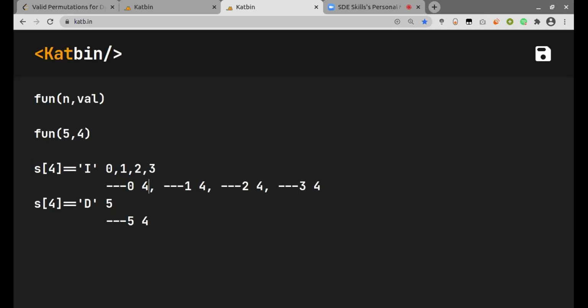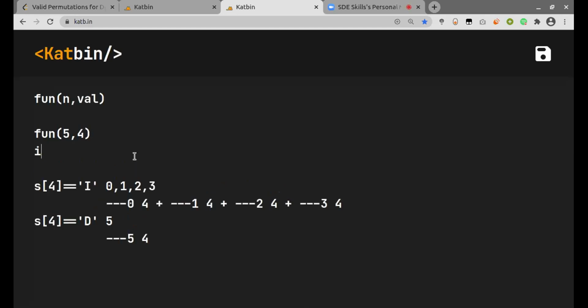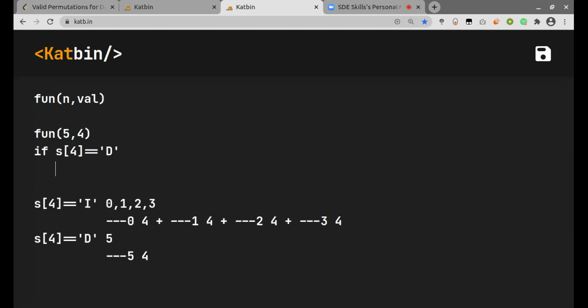And now, since we need all possible combinations, we can just add whatever possible ways we could get of achieving those possible sequences. So if S of 4 is equal to D, this means we need a decreasing sequence here ending with 4.